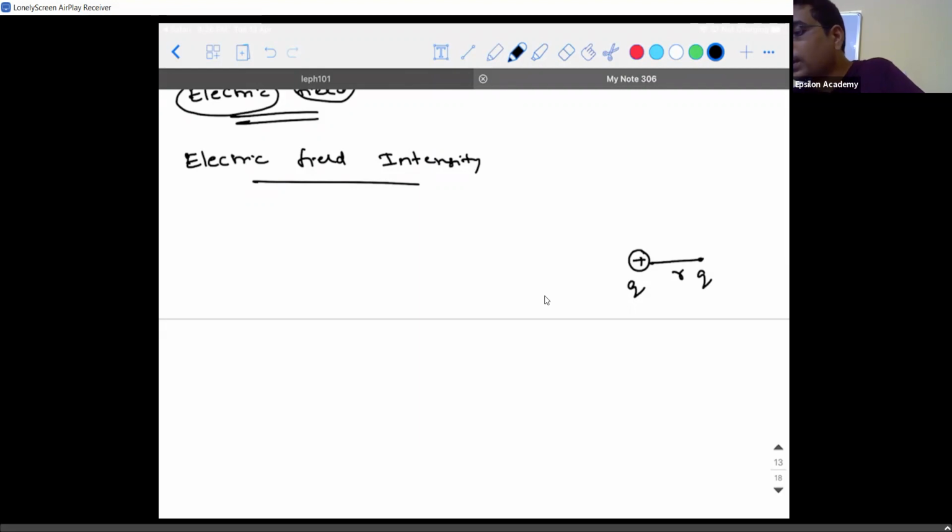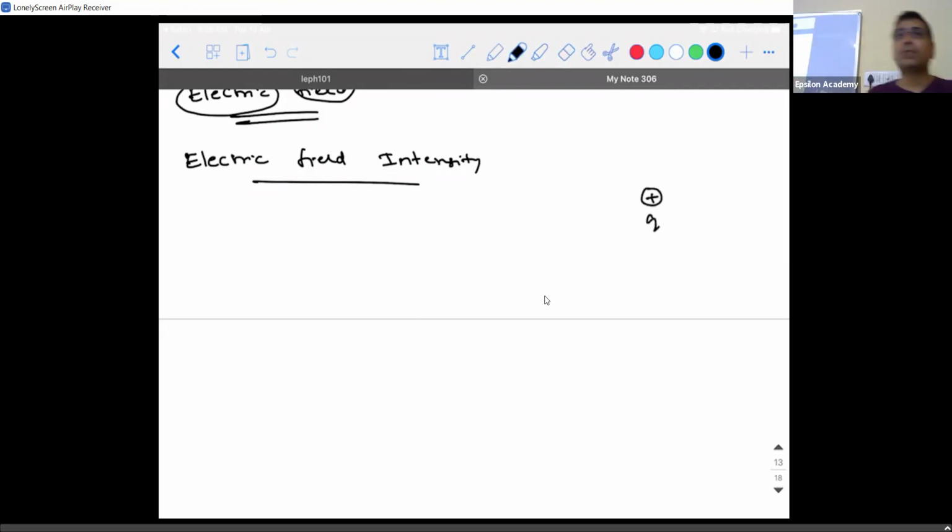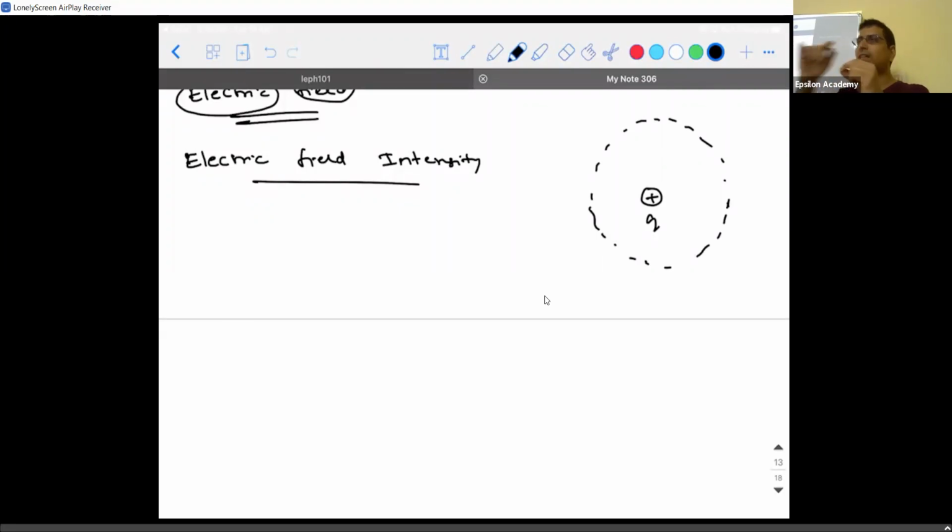How are we going to do it? Now, my concern is not about the second charge. What is present around the first charge according to the definition of electric field? So you have something called as electric field around it. You have a region which is equally distributed, so that if you try to bring any other charge, it will start exerting force. So if I take this as a point charge, there will be a region around it. Right? In this region, wherever you try to place another charge, that other charge will start experiencing force. If that particular region is existing, the technical name given to that region is what is called as electric field.